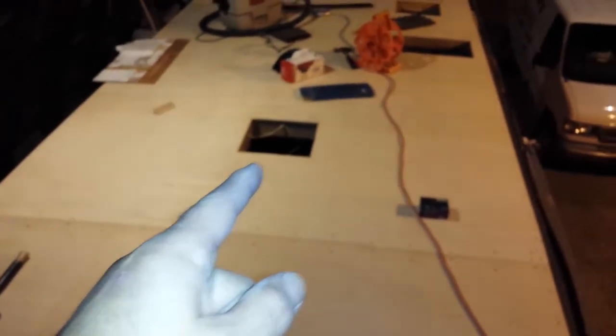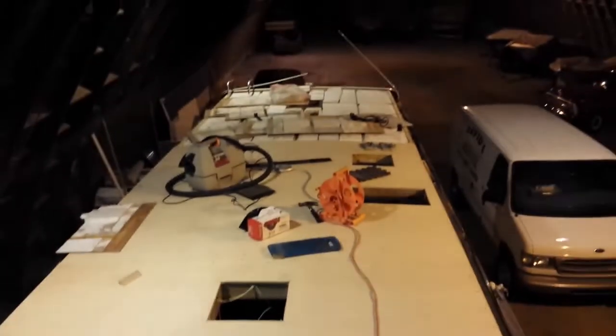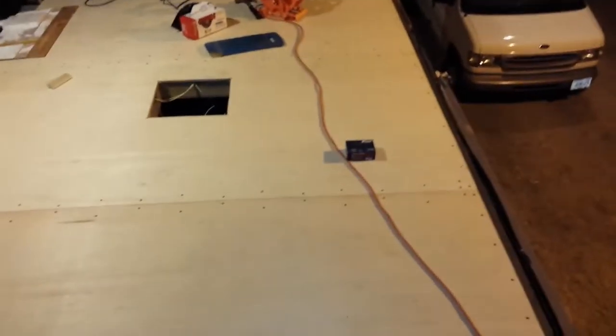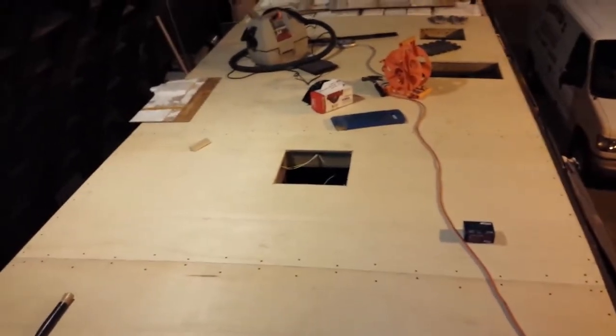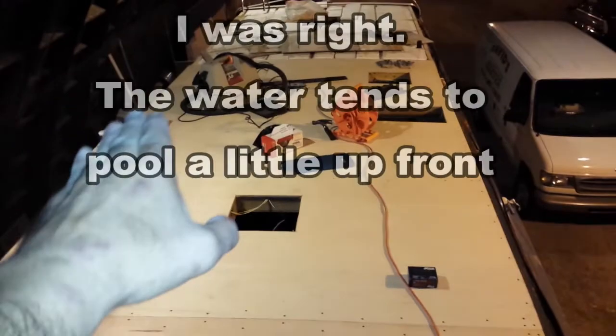We got the holes cut out for the air conditioner here, the fantastic fan there, skylight there, and then the bathroom vent fan there. I have 1/2 inch plywood down instead of the 1/4 inch. Much sturdier. I'm a little concerned because it seems flat up here, whereas it seems much more domed